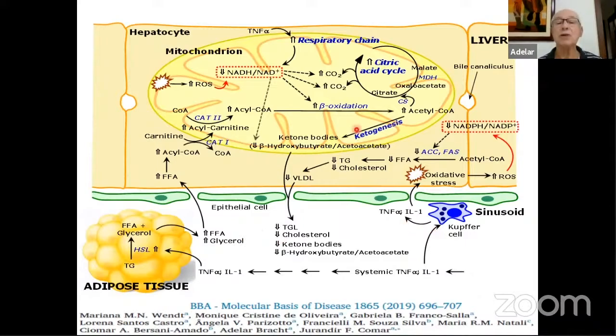So you have an increase in the oxidation of fatty acids, which leads to an increase in production of CO2. In consequence, you have an increase in the respiratory chain, which in the brain at least also reflects an increase in the mitochondrial membrane potential. Changes in the NAD ratios, and so on.